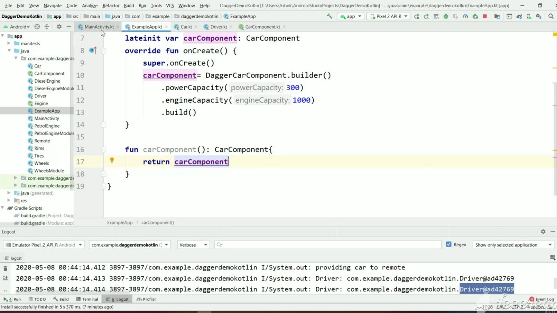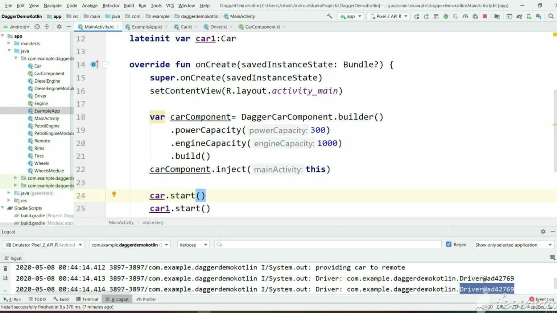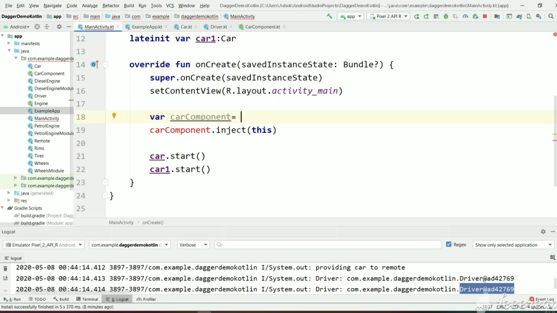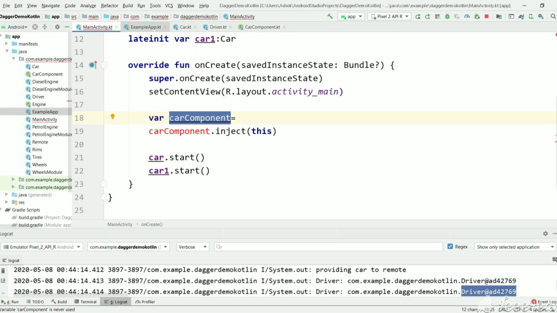In this example, we will create a car object using that component. And let's remove this instantiation as we have instantiated it at the application level. Now let's get a car component. In order to get a car component object from ExampleApp, we need an instance of ExampleApp. We can get this like this, application.